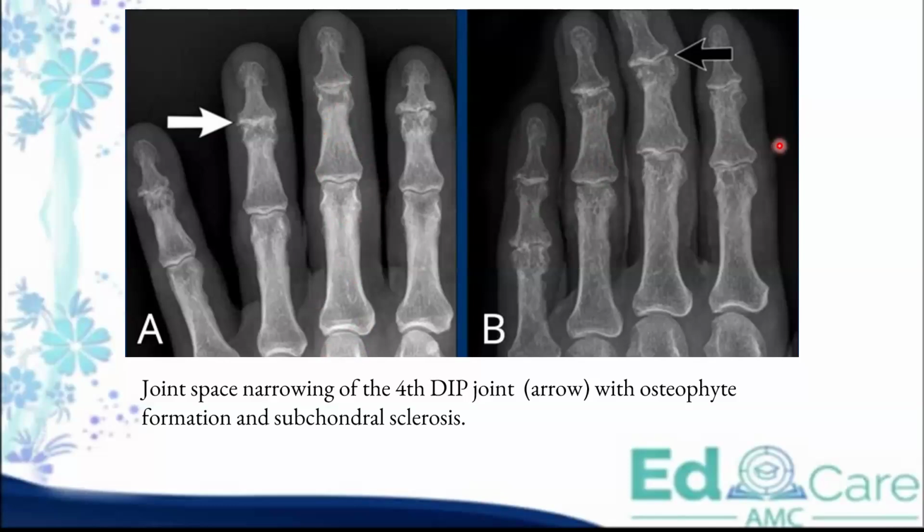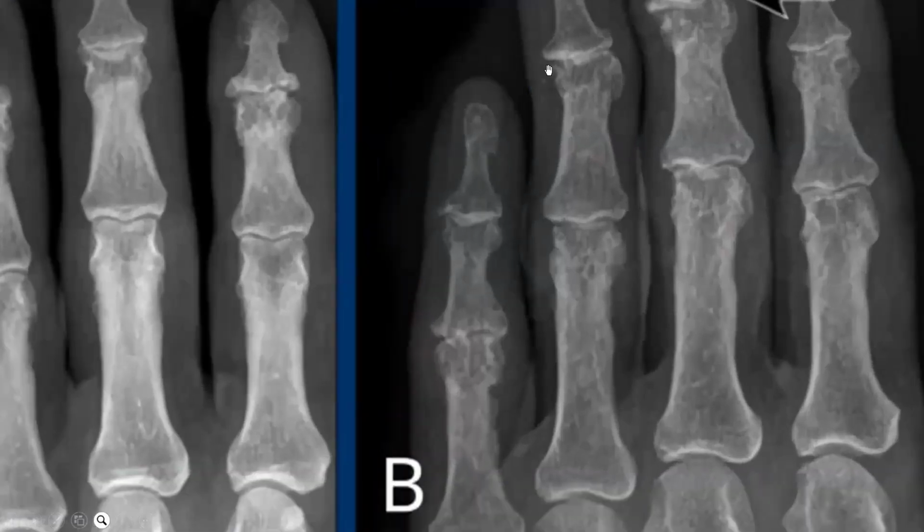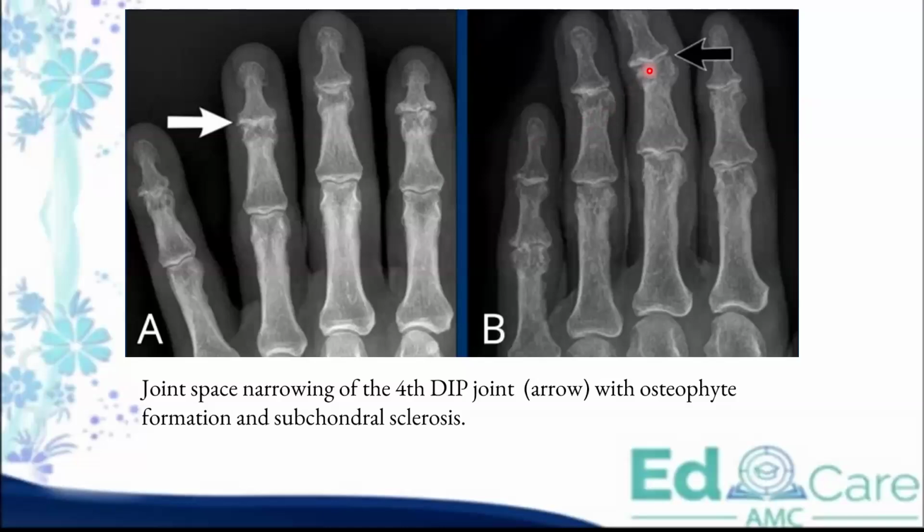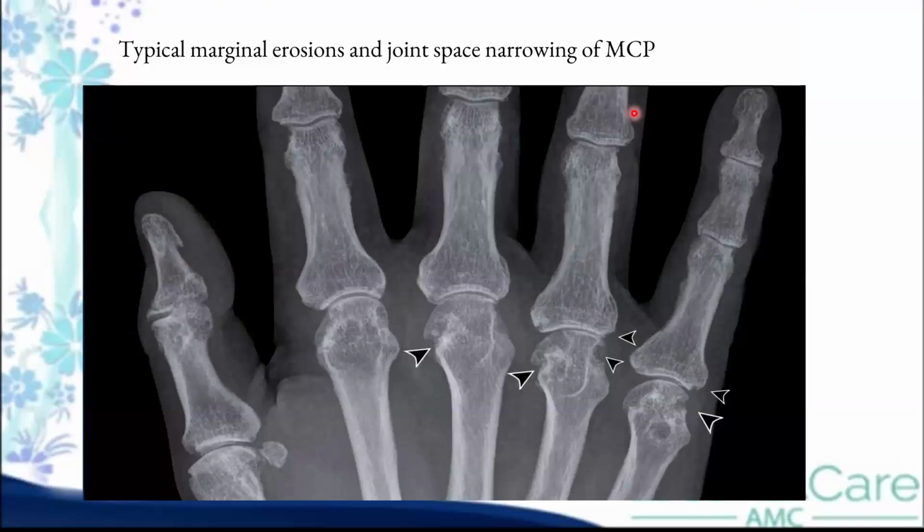And the loss of the joint space. Here there's joint deformity. And if you look closely at this, it's a ragged edge. The edges are very ragged, right? These edges here are very ragged. So these are these rat bite erosions, right? So this is a close-up of it, right? Marginal erosions and joint space narrowing.